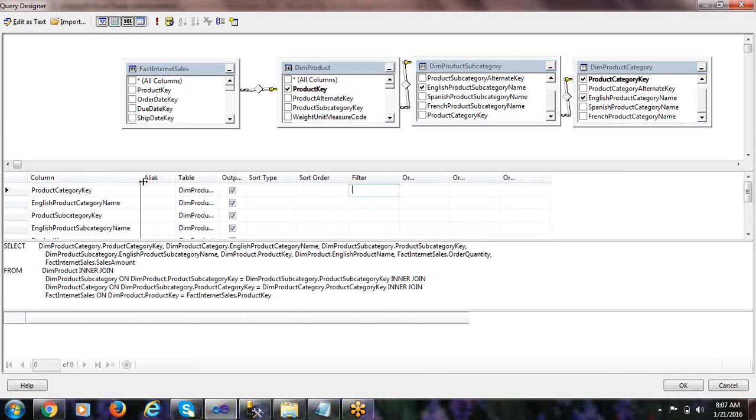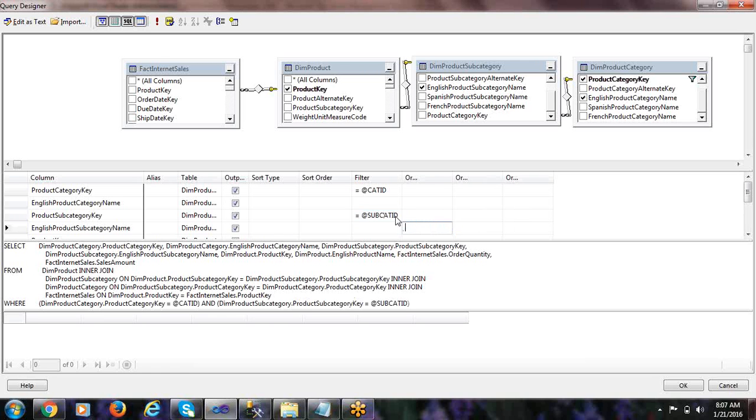So go to that product category key and provide @cat ID. Okay, for subcategory key also we have one parameter, subcat ID. That's it. The moment you click on another cell, it is going to create parameters here.